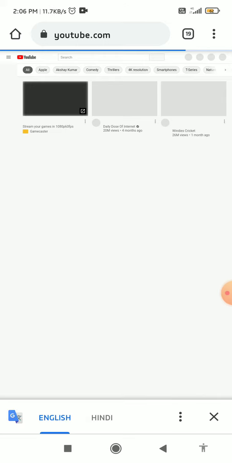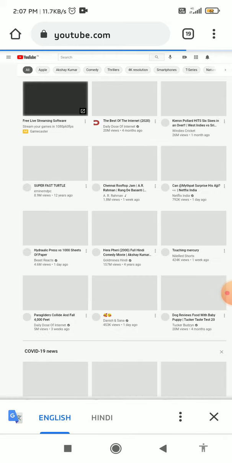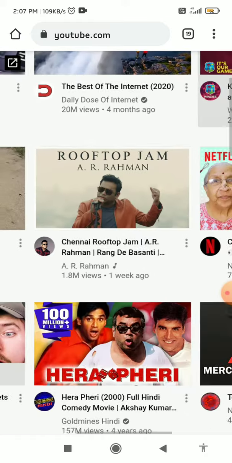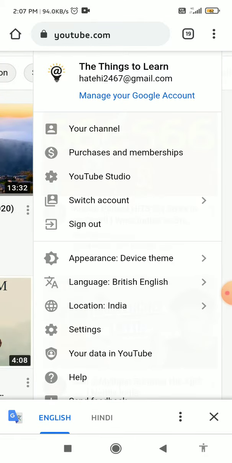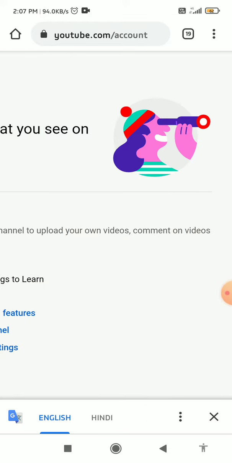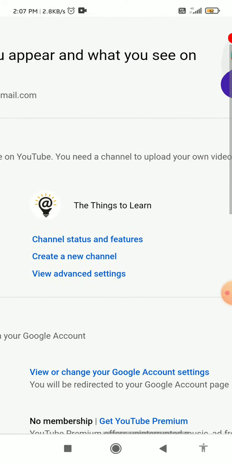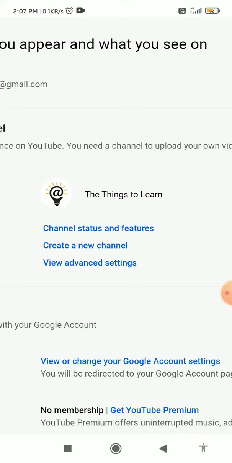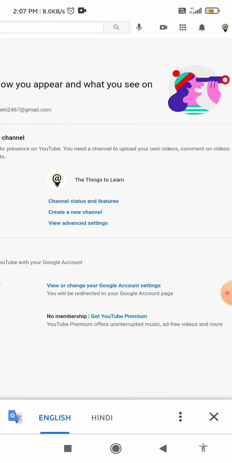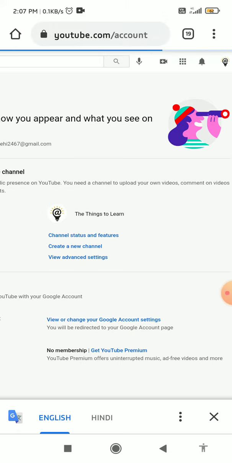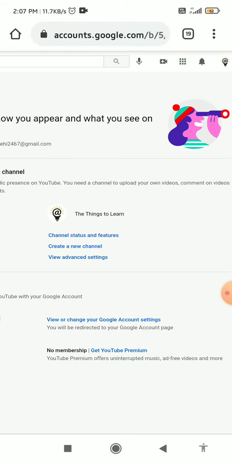So from this point you have to zoom in a little bit like this, and click on your profile picture, and then go to the settings. Now you have to zoom out again, and here you can create another channel, so click on create a new channel, and right here you have to put in a brand name